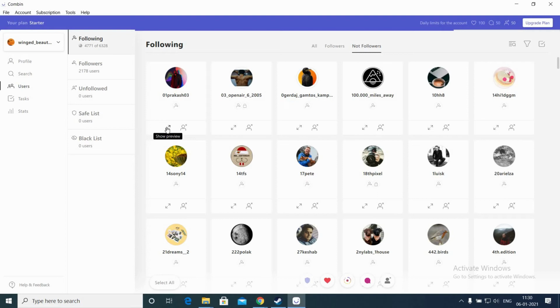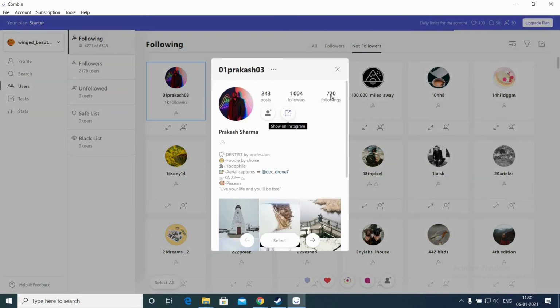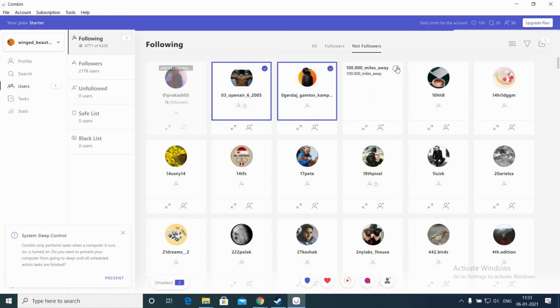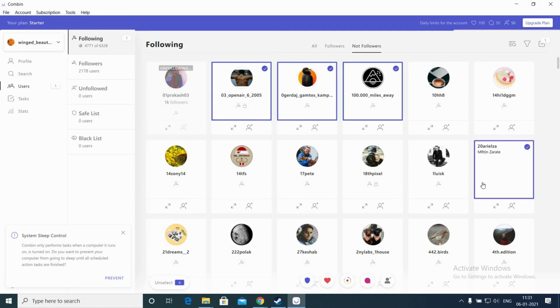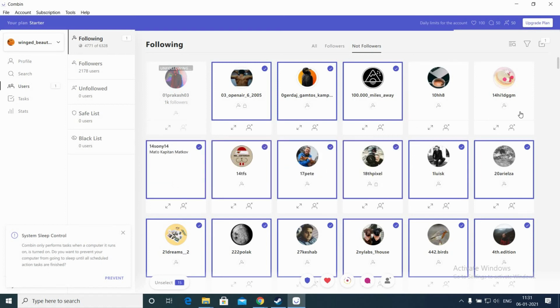each user separately, or you can select multiple users. To unfollow a single user, select it and click unfollow. It will automatically unfollow in Instagram. Combin has integrated with Instagram. If you want to unfollow multiple users, you can just select them, press control and select, or press shift and select to select multiple users.